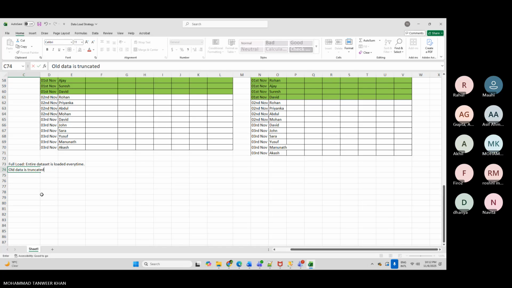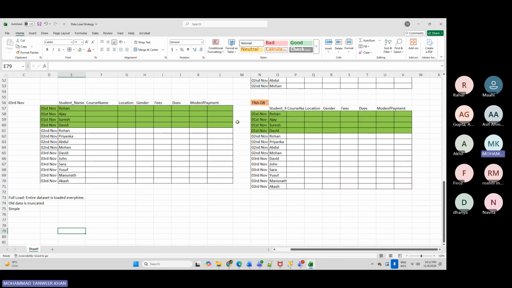Actually, this process is very simple. From a complexity perspective, I'm telling you, it's very simple. Anyone can do this. Just in the pipeline, on a daily basis, you will truncate the data and load the new file. No headache. Very simple. But it has a drawback. Remember, if the interviewer asks you, first explain the definition, then tell them the pros of it and then the cons of it. The demerit is that it's simple, but it is not efficient